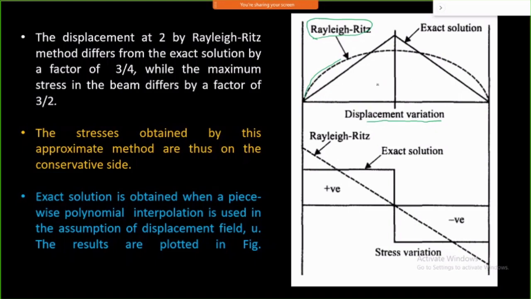How can we get a better assumption? Because this case is very simple. When we come up with a more complicated case, you can't get an exact solution at all. In that case, we need to rely on the Rayleigh-Ritz method. So for verification purposes, we need to all the time compare with the results we know, and then move further. In the Rayleigh-Ritz method, the variation in the stress you can observe is linear, but in the exact solution it is not linear, it is stepped.